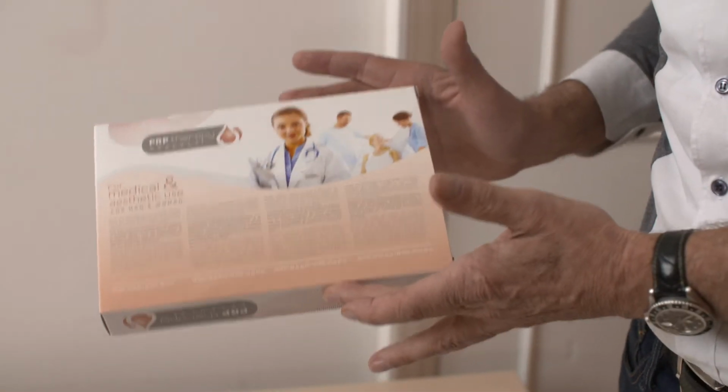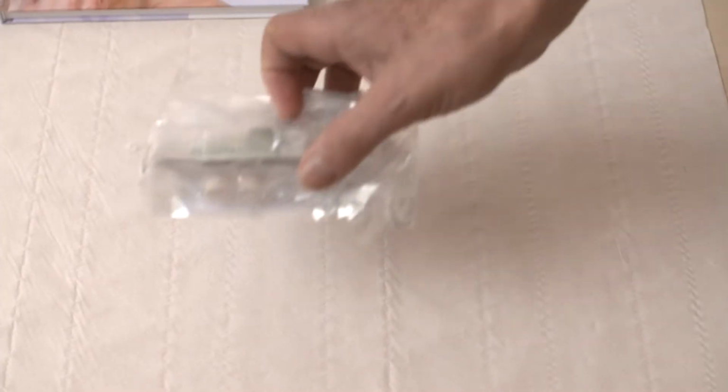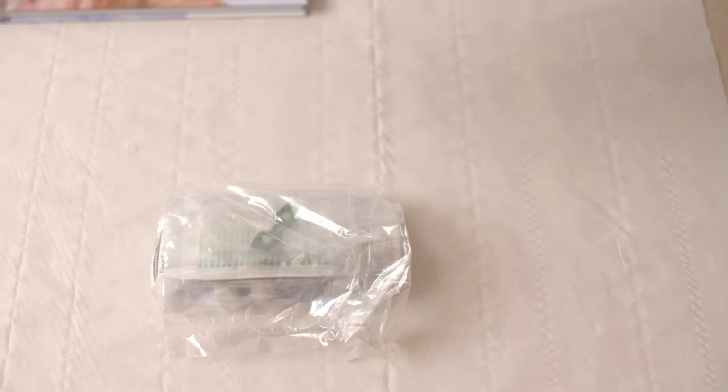Here is a box containing everything that is needed for one treatment, one patient. We have 3 packages inside. The first one is used to take the blood, and contains the butterfly and the syringe. The second one